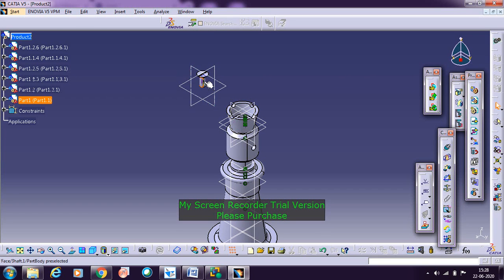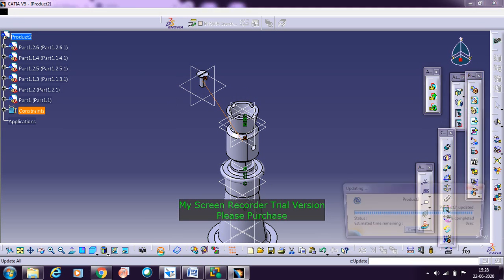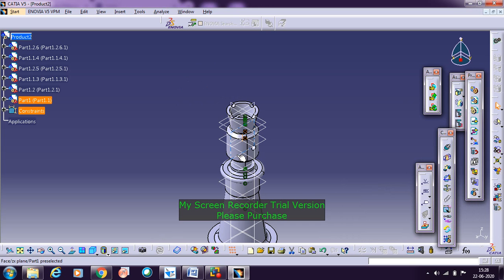Now this root diameter is circular, and here also circular. So I need to go with the coincident constraint, select the axis of this object, and then click update, so that both the axes are in line.